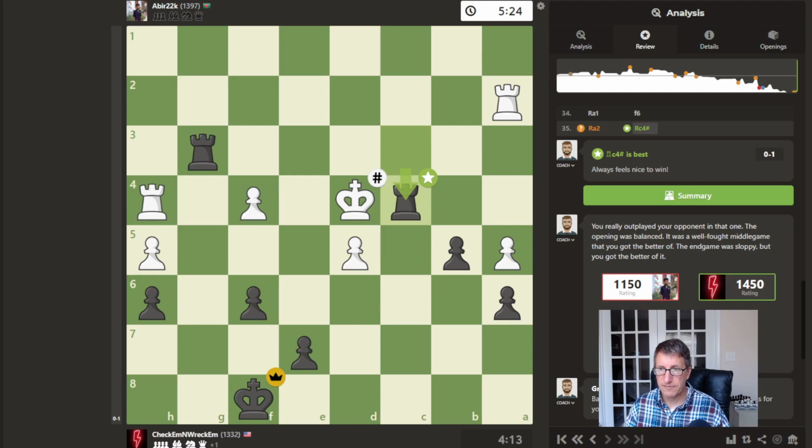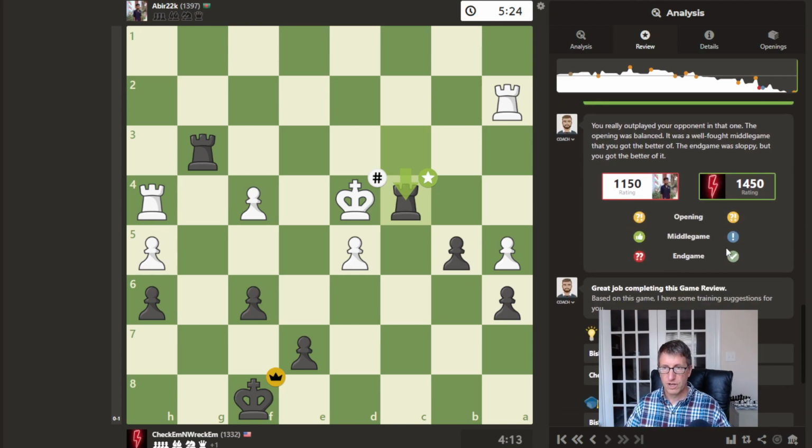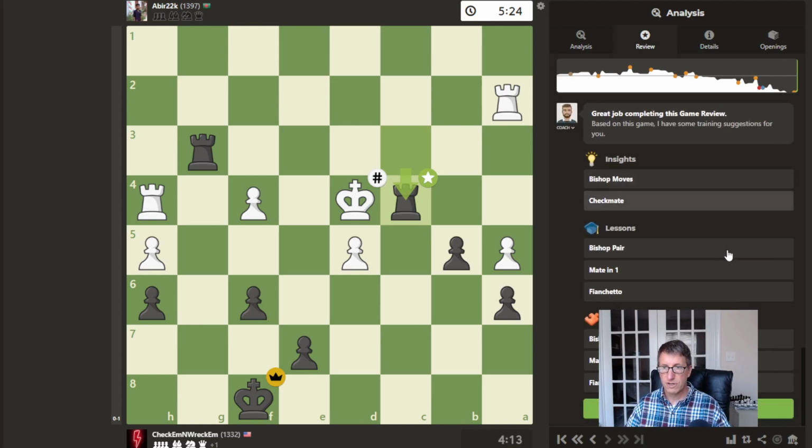Opening 75.8 to 74. Middle game 77 to 84. And the end game 33 to 70. So definitely the end game gave him trouble. All right, well,